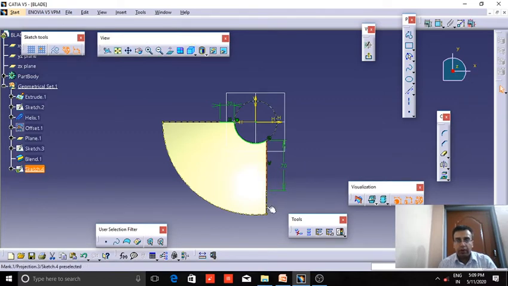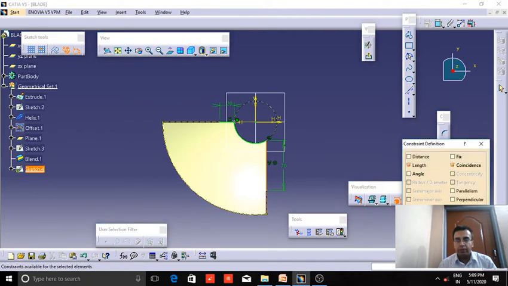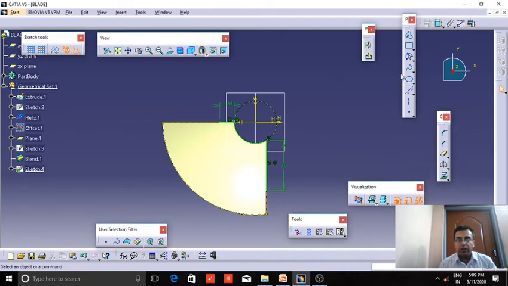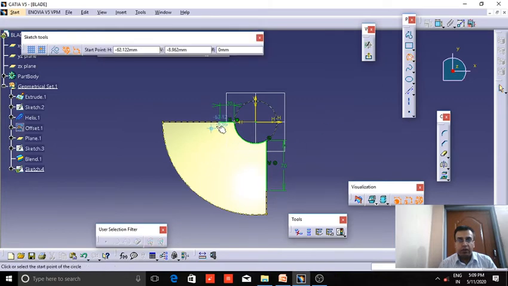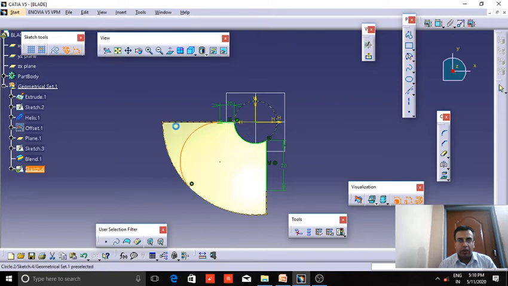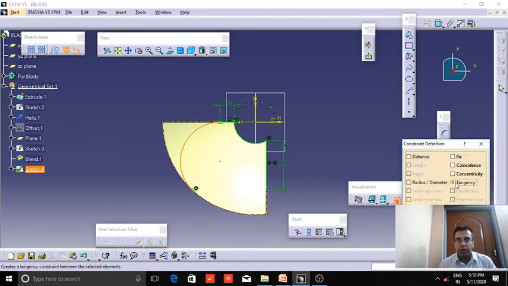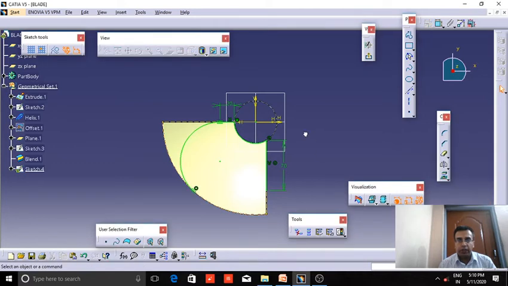So now we have done with the edges. Now we have to create the arcs. So I will create an arc starting from the end point of this line and lying here. Now this arc is tangent to this edge. So here I will maintain the relation of tangency.